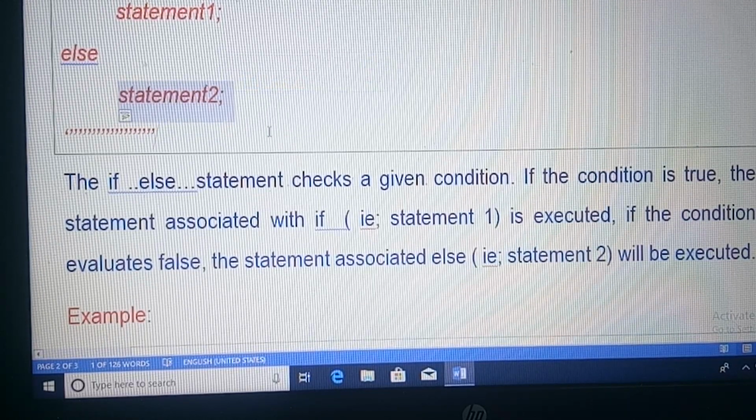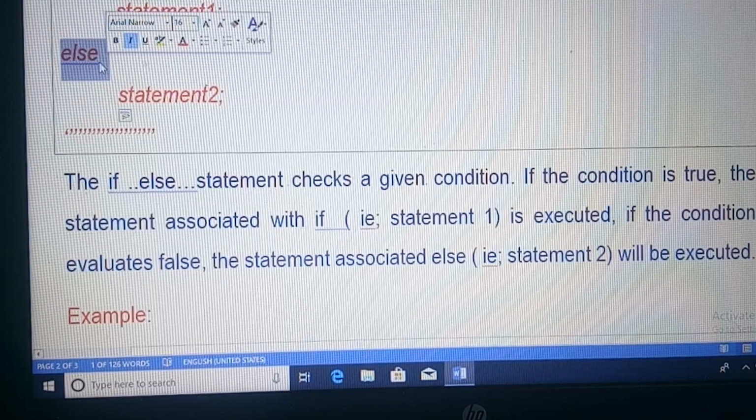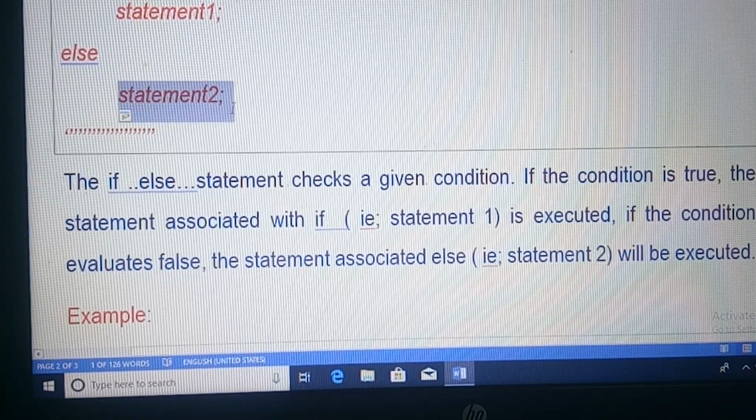I will explain once again. First, the condition is tested. If the condition is true, the statement associated with if, that is statement 1, will be executed. Else, if the condition evaluates false, the statement associated with else, that is statement 2, will be executed.